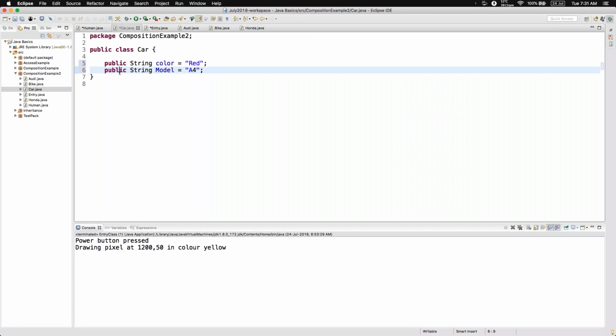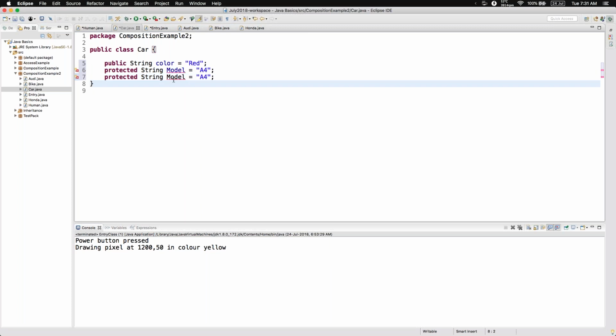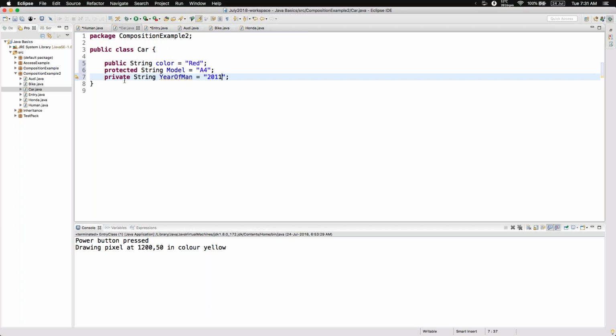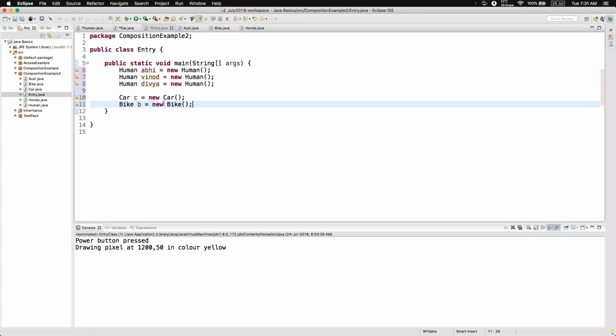And I'll keep this protected. Okay. Then let me have another one. Call it year of manufacturing. And let me keep it private. And let me say this is 2011 something. Okay. Now, when going back to our entry class,